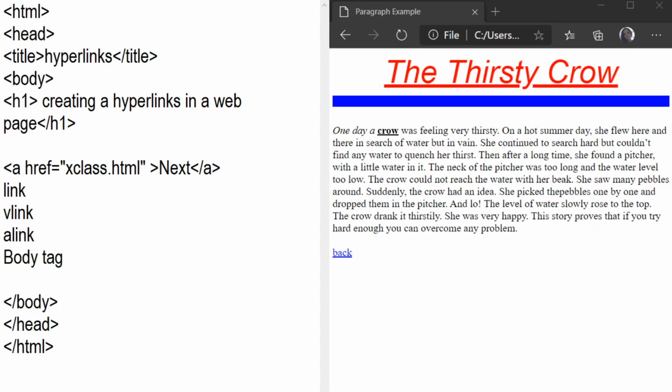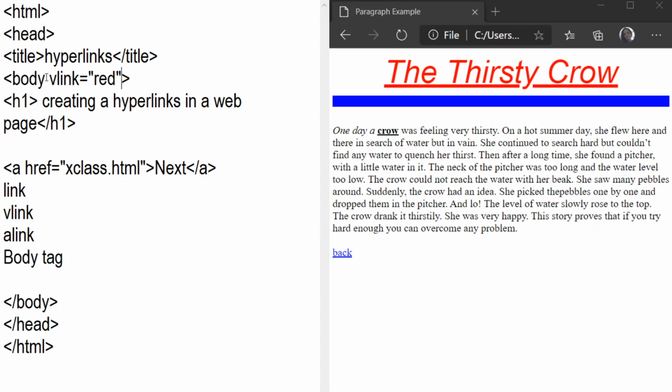So you can write here in body, body space V link is equal to, we want the visited link in red, and by default the visited link is purple, so we can write down here red.